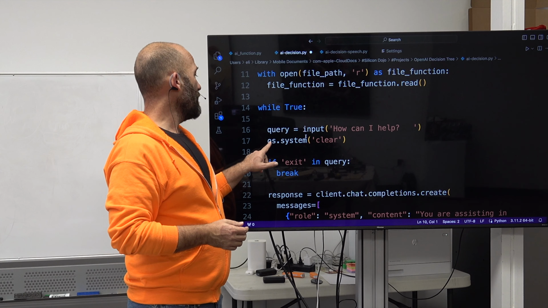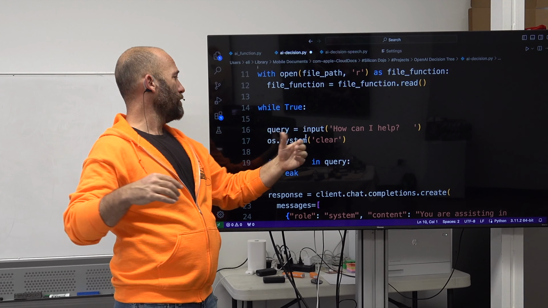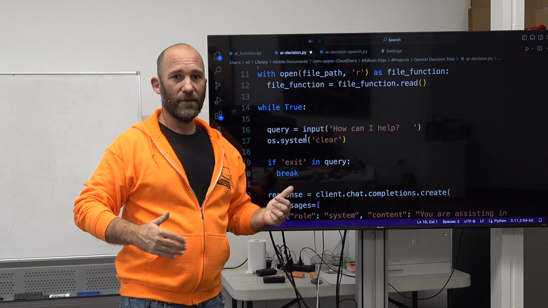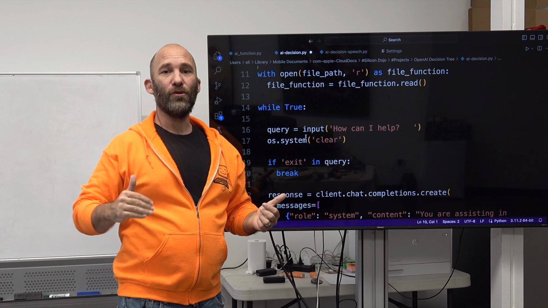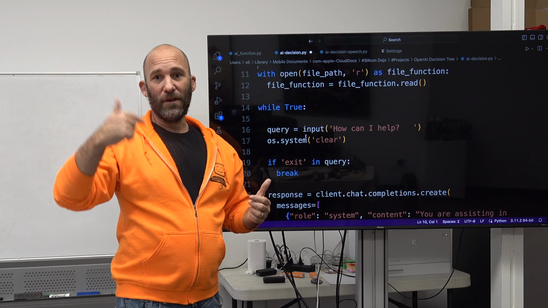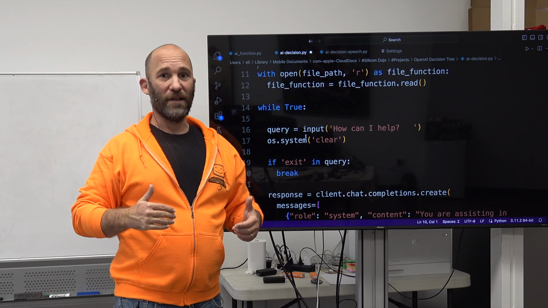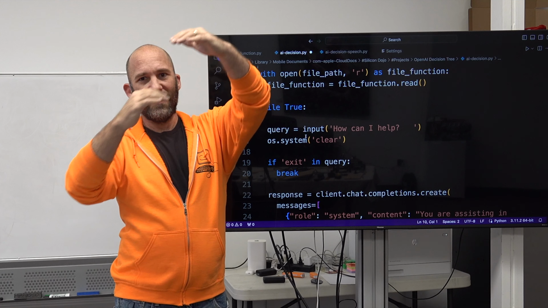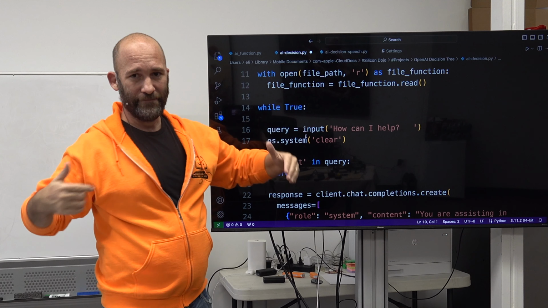And then there's going to be os.system_clear. This is going to clear the screen. Basically, it's going to make the screen look a little bit better. So it's going to say, how can I help you? That value is going to be taken in as a variable value for query. It's then going to clear the screen. It's then going to print out new things on the screen. And then when you do your new submission, it'll clear the screen again. So this way, you're only looking at 4 or 5 lines of text instead of just this ever increasing mess